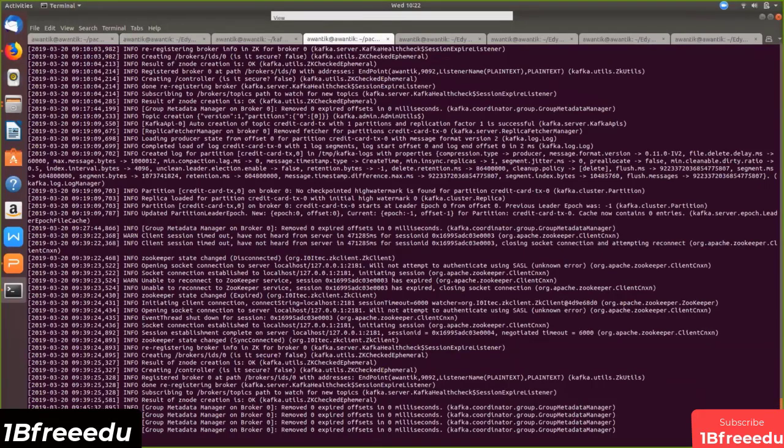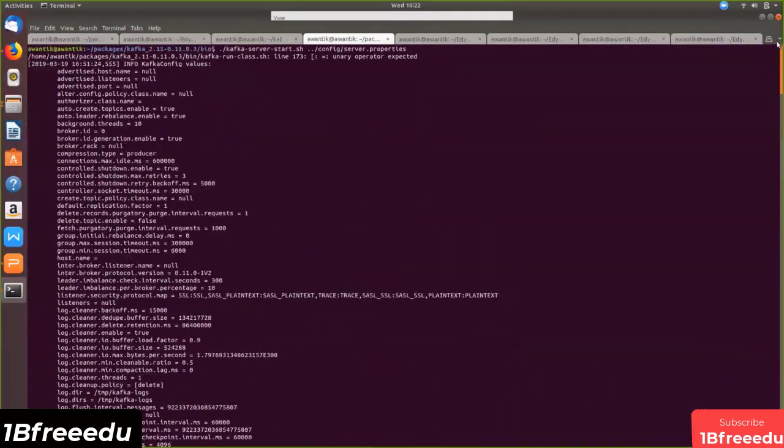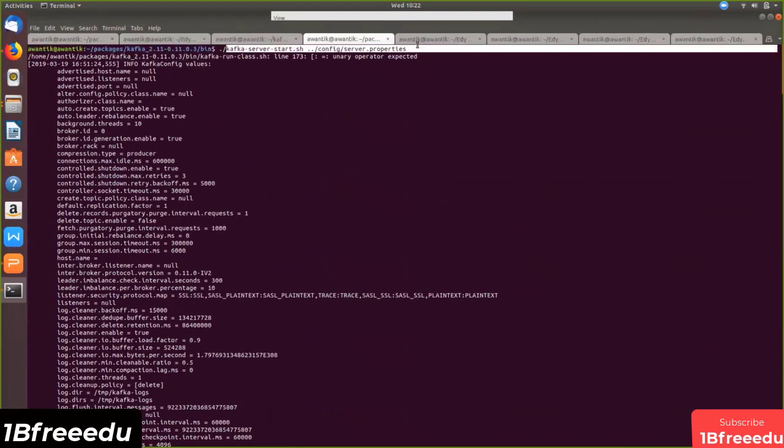Go to the bin directory. This is how you start the Kafka server: kafka-server-start with config server.properties. That's it. It will run the Kafka server on the default port, which is good enough for us. Once this is done, you want to create a Kafka producer. Kafka has this concept of topic. If you want to send transaction messages, you can say I will send messages to a topic like credit card TX, so anybody who is interested in reading these messages will read them from there.